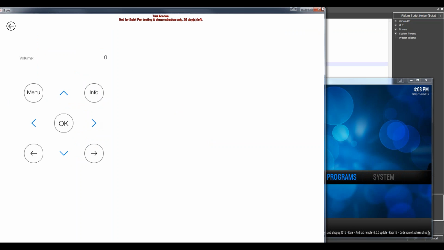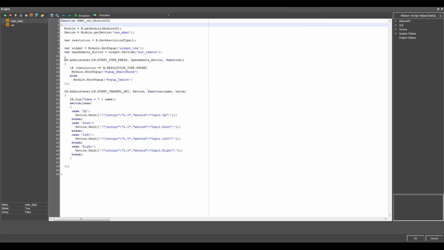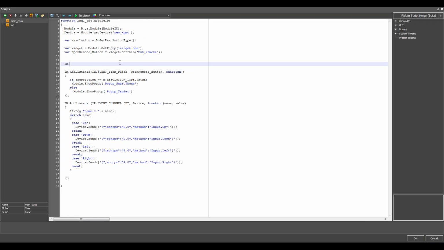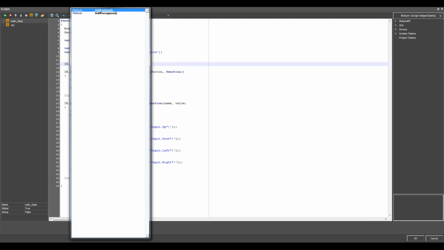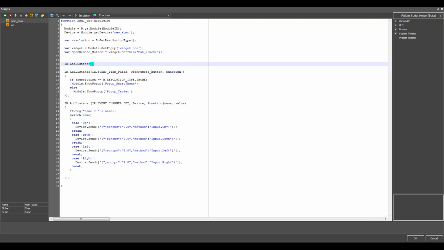So now let's create a new listener. It is a listener online, and in online we'll send the command get volume, then take the volume level, parse it, and put it on the feedback. So how can we do it in module? It is the same as in iRidium 2.0. Create a new listener with the event online, then device, new function.